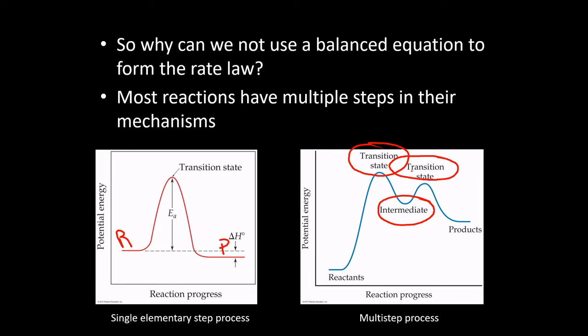Brain's not working, but what the word should be. You are able to isolate it. We'll say it that way. You are able to isolate an intermediate. So if you remember from the last video, I said that you will never have a jar of transition state molecules. You could actually have a jar of intermediates, because you have to have some amount of energy to get out of this well here. Intermediates are at the bottom of an energy well, unlike transition states, they're at the top of an energy hill, essentially. So you could actually isolate an intermediate,